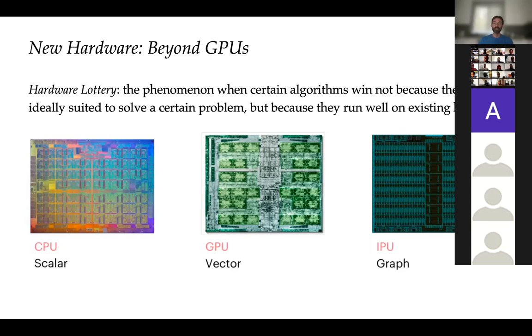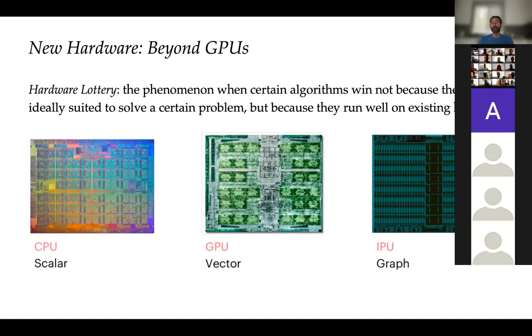And this magic conjunction happened with convolutional networks, that the architecture of CNNs and images is very well suited to the SIMD, single instruction multiple data architecture of GPUs that were developed for completely different kinds of applications in computer graphics for rendering and texture mapping. So this lucky coincidence is quoted as one of the reasons why deep learning methods became so prominent, because you could run, already a decade ago, very deep and very complex models very efficiently using graphics hardware.